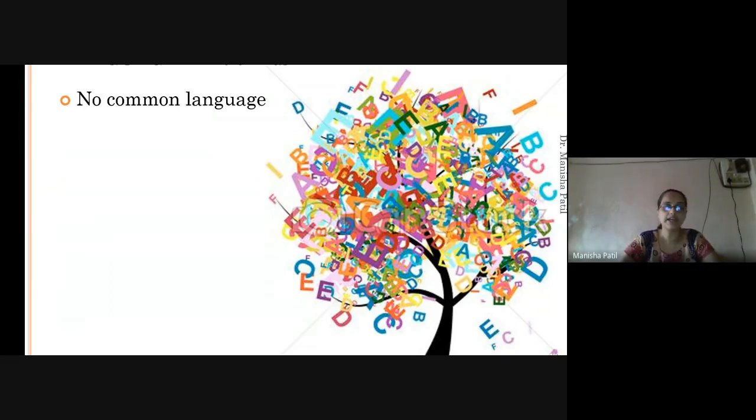There was a movie, Ek Duuje Ke Liye. The hero did not know Hindi, the heroine did not know Tamil, and still they fall in love. So the first language barrier is no common language. So how will you overcome no common language? By translation. But the translation can be faulty. For example,